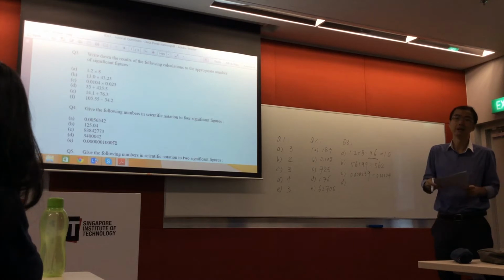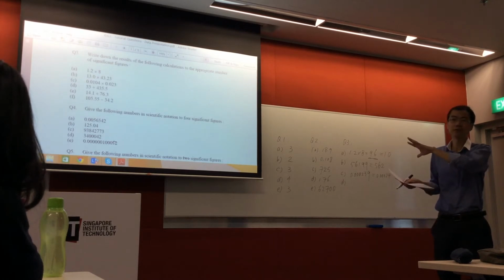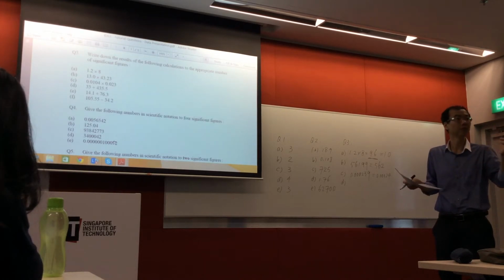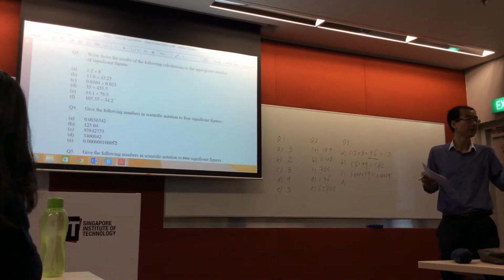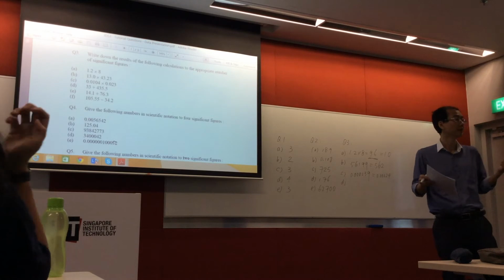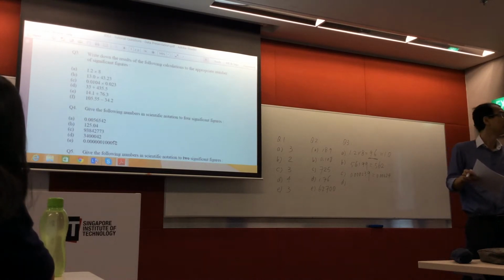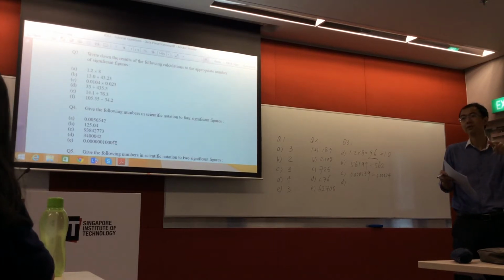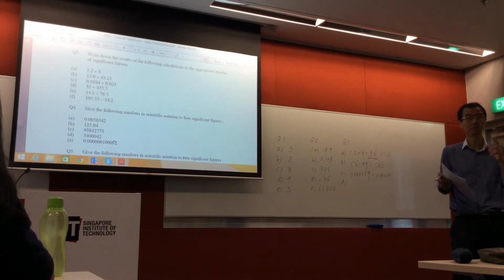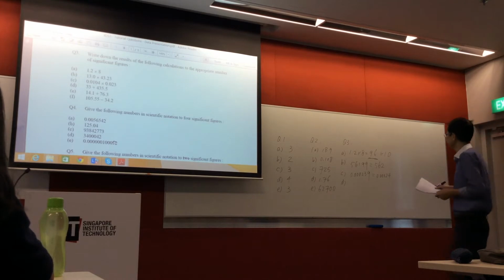Actually, for my part, there are just a few rules you need to follow, right? Basically, if it's addition and subtraction, you need to follow the minimum number of decimal places, right? If it's multiplication and division, you need to follow the minimum number of significant figures. Right? It's just the 2 rules. Okay,